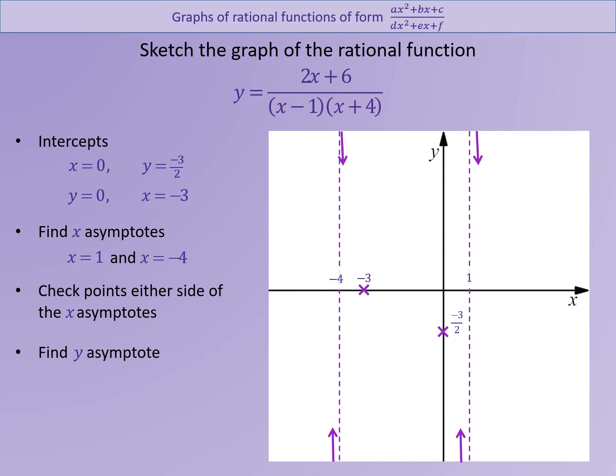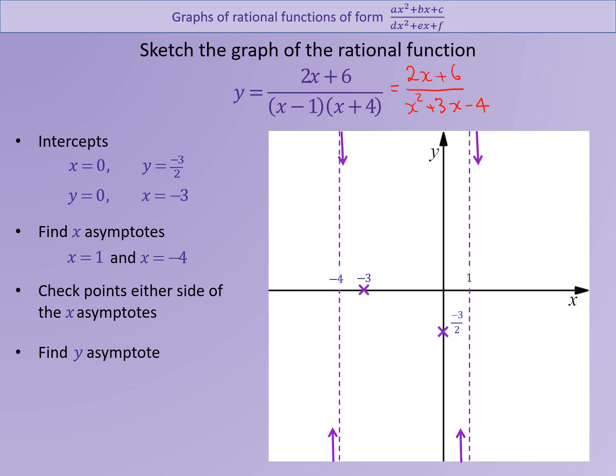Okay, so the next step is to find the y asymptote. So this time we use the same process as we did last time, only now because the denominator is a quadratic, we would be dividing each term by x squared rather than x. So the first step here would be to multiply out the denominator, so 2x plus 6 over x squared plus 3x